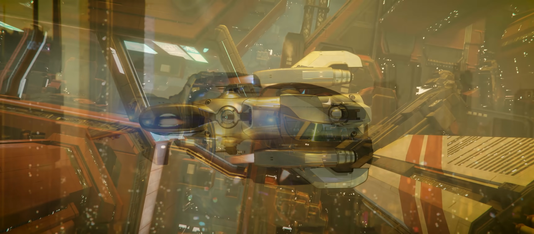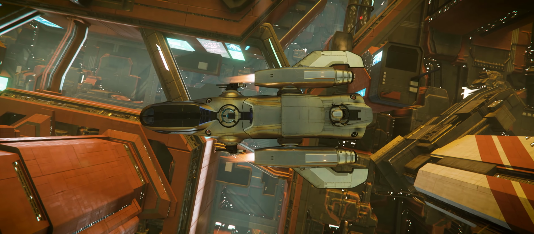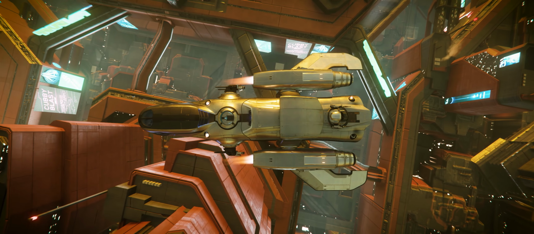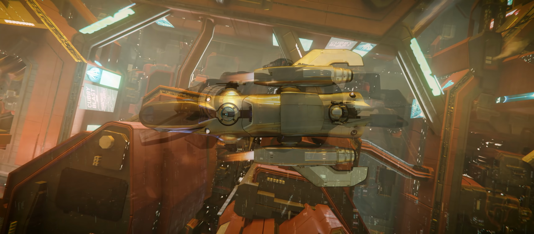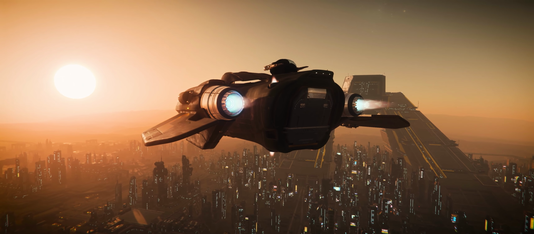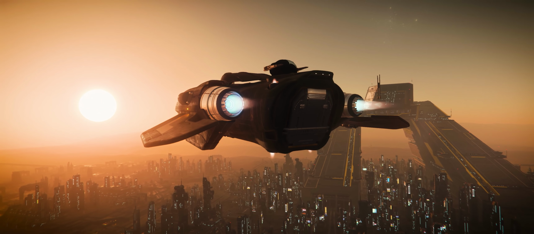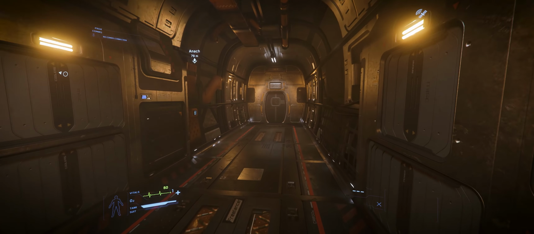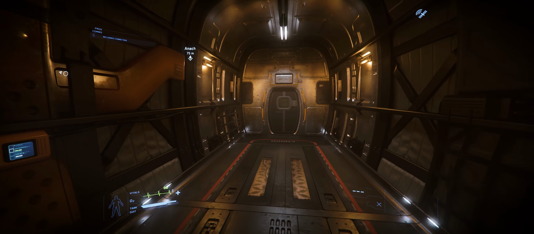The MISC Freelancer is a bit of a polar opposite to the Drake Cutlass Black. Where the Drake is hard-edged and utilitarian, the MISC Freelancer is a bit more rounded and well put together looking. It has a bit more of a high-tech feel to it versus the low-tech, on-the-edge-of-the-galaxy feel of the Cutlass. It boasts 96 SCU over the 46 in the Cutlass, so it's got quite a bit more storage,